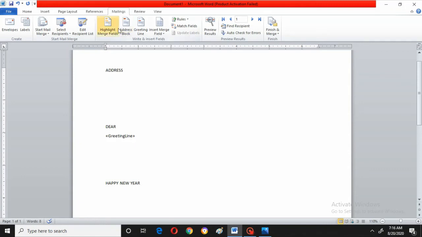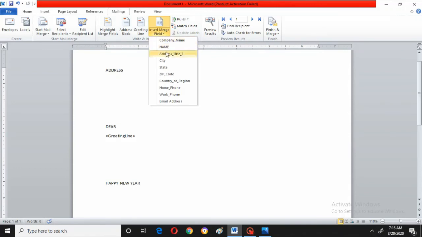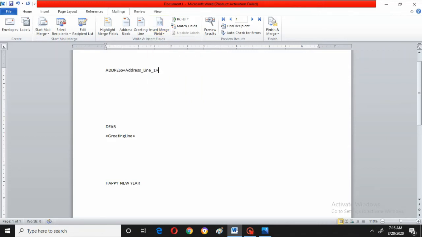Now let me do first. Okay, I will show you. I will tell you afterwards what highlight merge fields. Now go to insert. First keep your cursor here, right, and go to insert merge field. Here can you see, when you clicked on insert merge field, can you see the names what all we have, field names they have come here, what all we have given there. Now whichever field name you want to place in address place, here you can select. Now I will select address line there, and next just come down. I want city down.